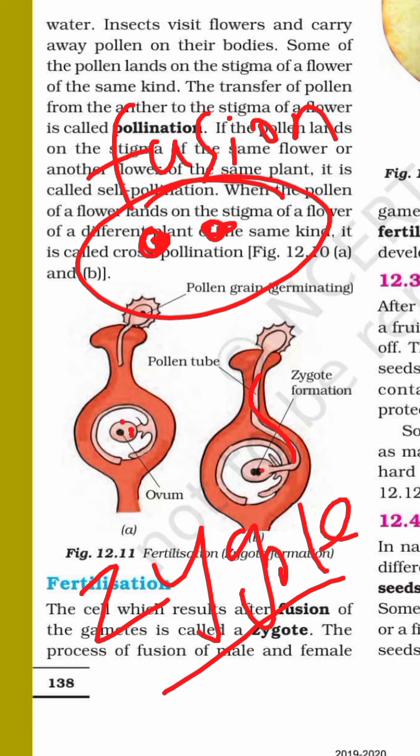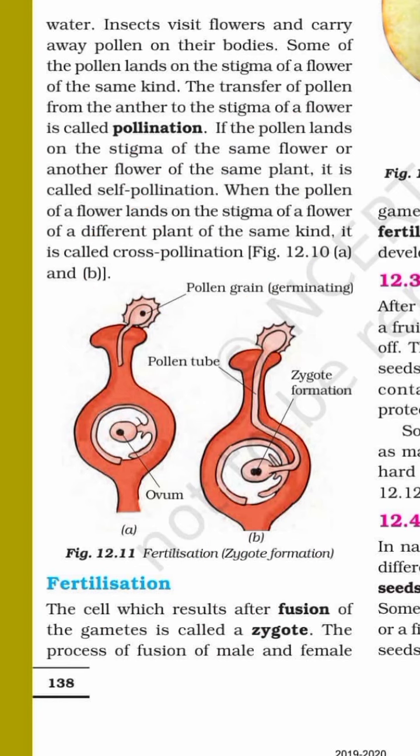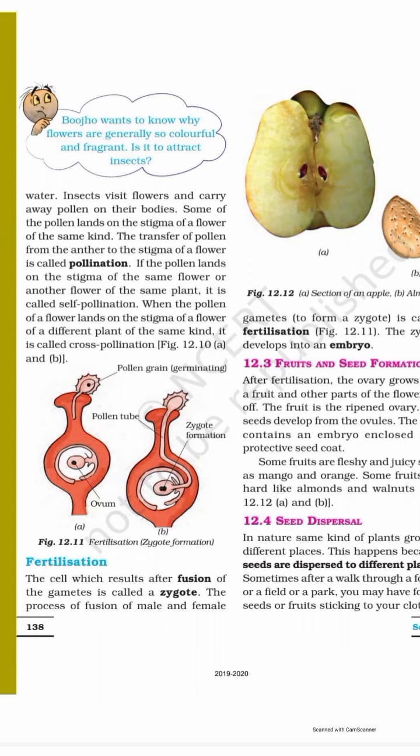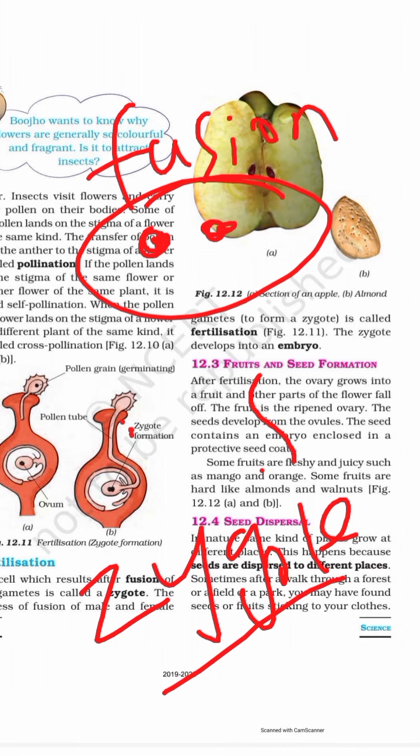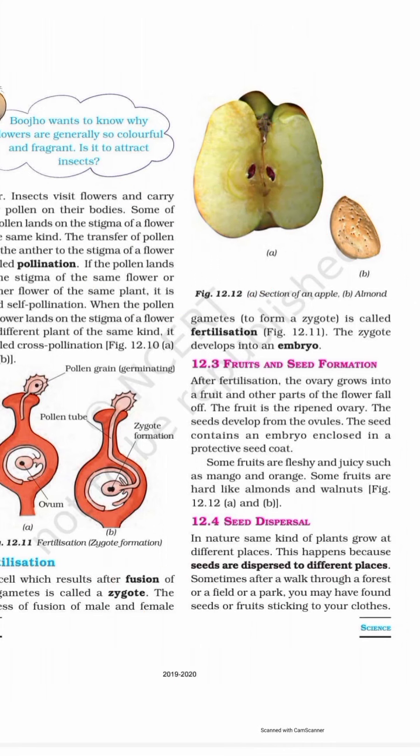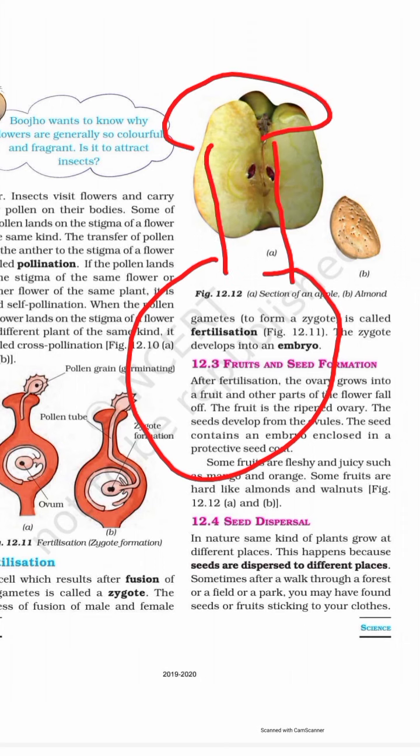Now what do you mean by zygote? Zygote means the part which develops into an embryo, right? And now what is an embryo? Zygote develops into embryo, which develops into the next generation fruit or flower, right? Now what will happen? Now it is very interesting. Now see over here, this wall,